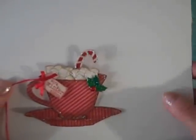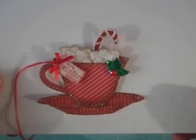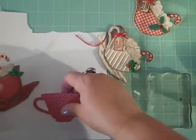This is a new camera, a different camera than what I normally use, and I'm going to see how this works. So we'll see how this video turns out. Anyway,